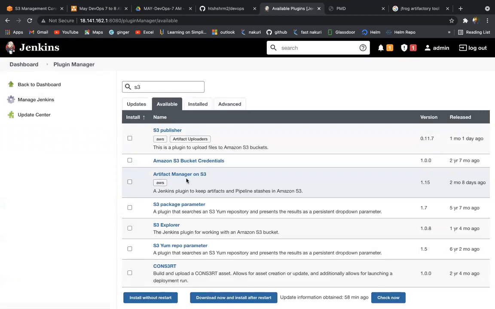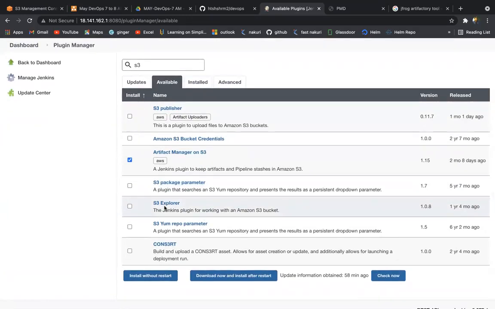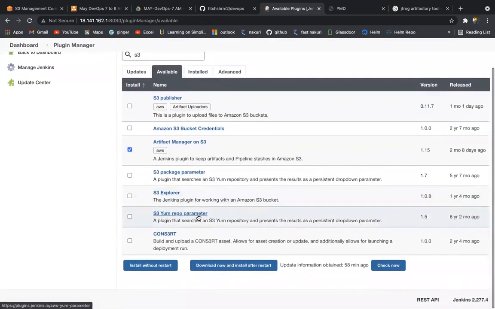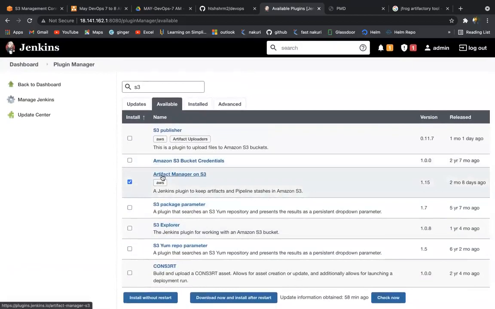See here, artifact manager on S3. That's correct. Pipeline stashes. Yeah, this plugin we need to install. And S3 package manager, no. M repository, S3 explorer, not required. Fine, it would be